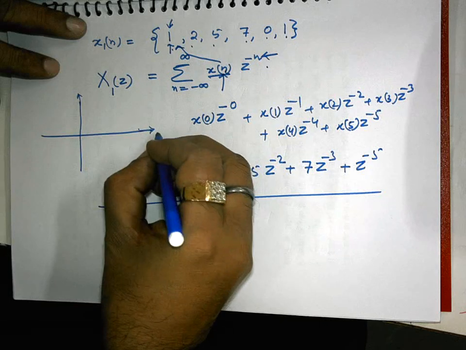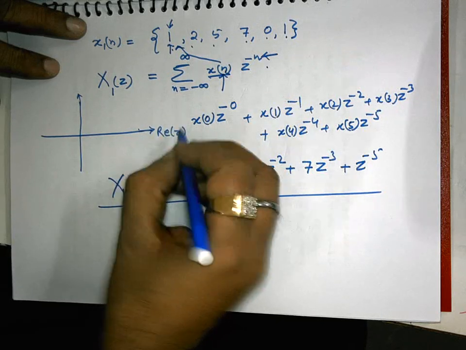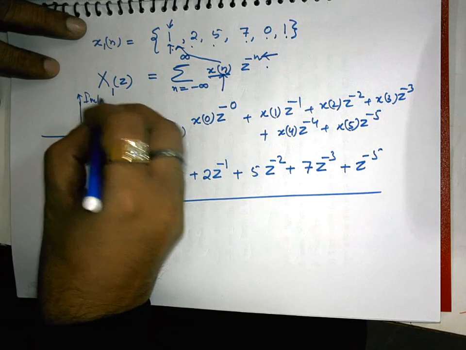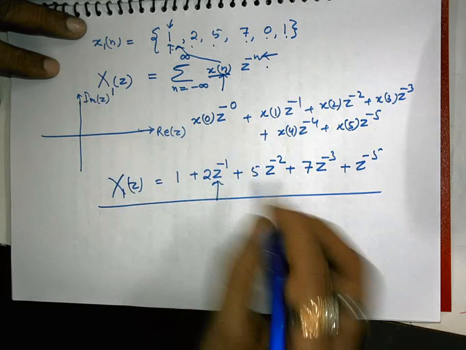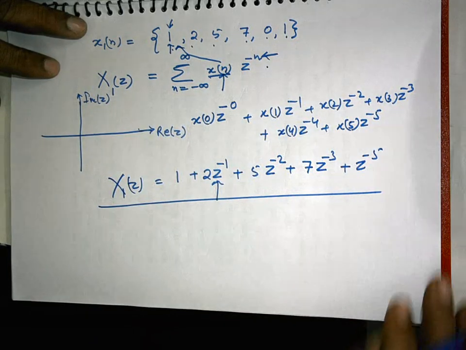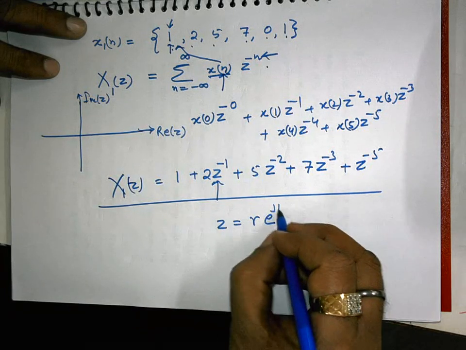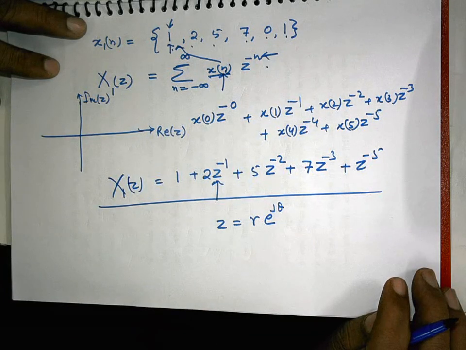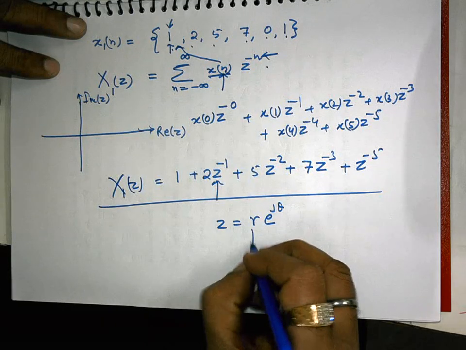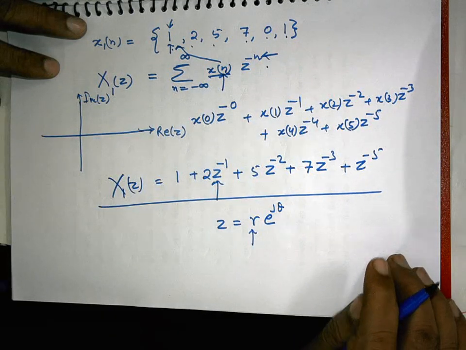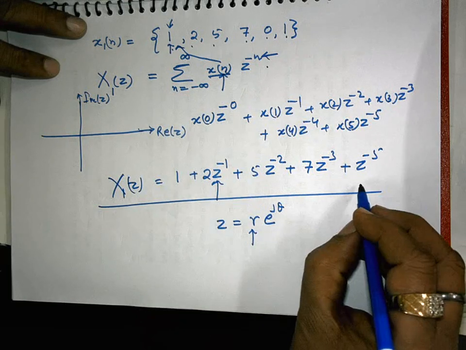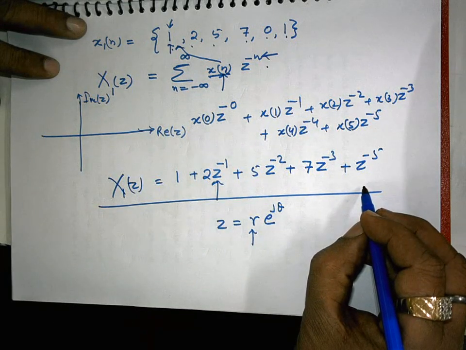Now this is a power series, and we have the z domain, the complete z plane represented like this. This is the real part of z, and this is the imaginary part of z. This z can take any value. Okay. In polar form, z can be represented as z equal to r e to the power j theta, where r can take any value. So for which value will this z attain some absolutely summable form, or can be absolutely summed up.